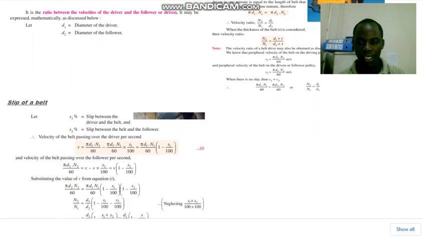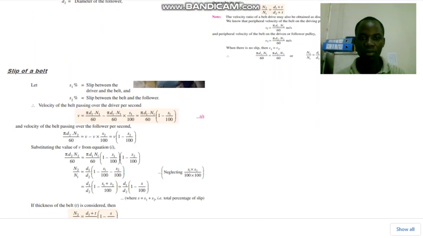we can now calculate the slip of a belt. So every power that is transferred from one shaft to another by the use of a belt, if the belt is not under tight tension, then there must be a slip. So let S1% be the slip between the driver and the belt, and S2% be the slip between the belt and the